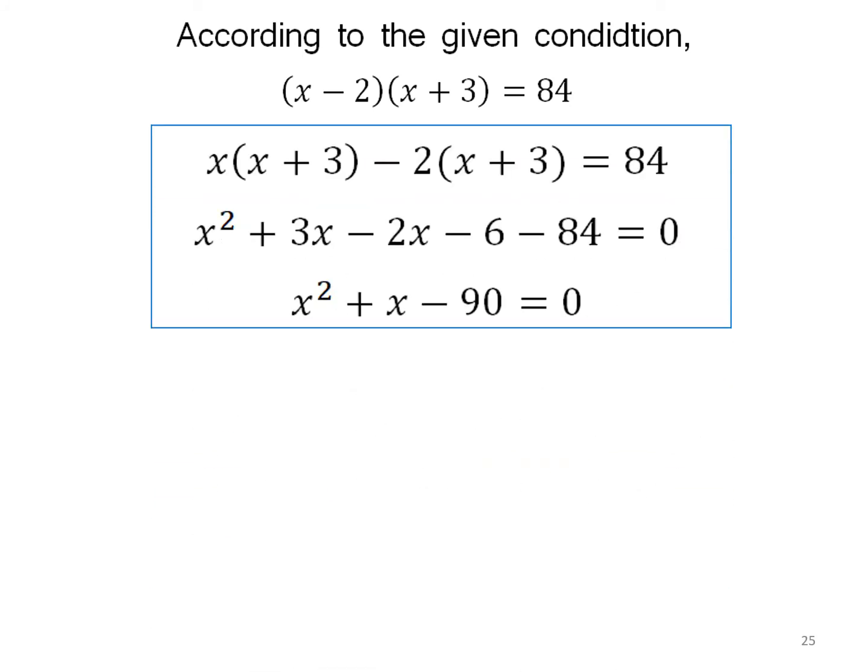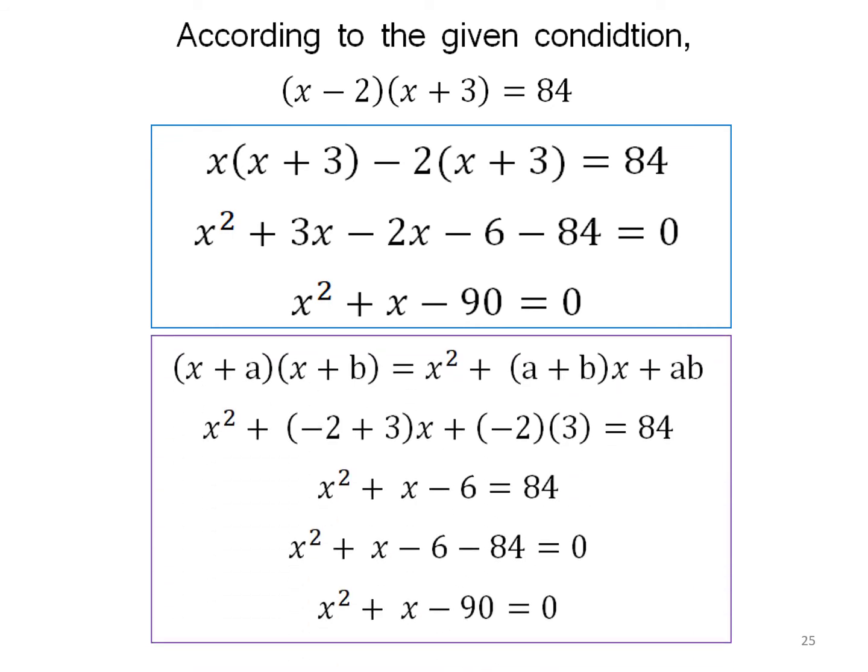We will open up the bracket. Either you open up the brackets or you use the formula method. I have shown both to you all, and the final equation obtained is x squared plus x minus 90 is equal to 0. I will not be explaining it because I have explained it in previous slides also. The formula for the second method, opening up the bracket, is also mentioned, which you have already studied in your 8th class. You can have a look at it and use any one of the methods.